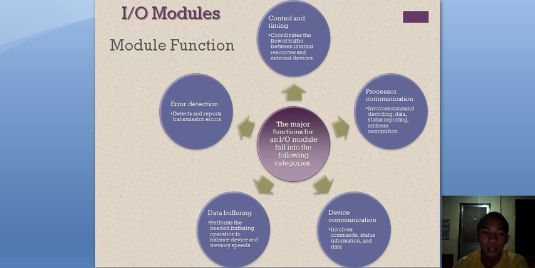For example, the control of transfer of data from an external device to the processor might involve the following sequence of steps. Number 1. The processor interrogates the input-output module to check the status of the attached device. Number 2. The input-output module returns the device status. Number 3. If the device is operational and ready to transmit, the processor requests transfer of data by means of a command to the input-output module.